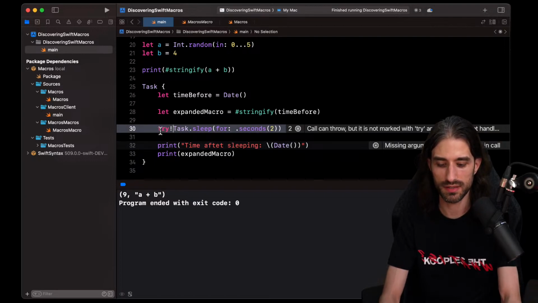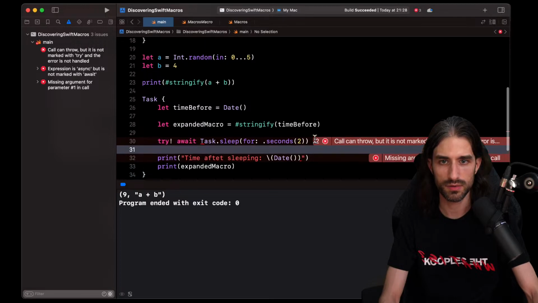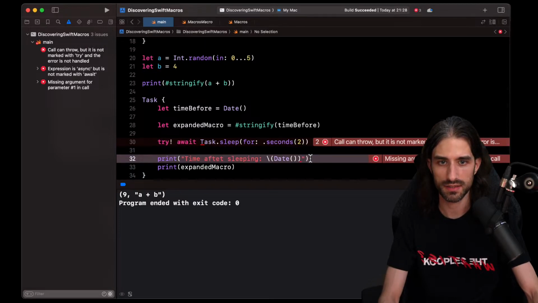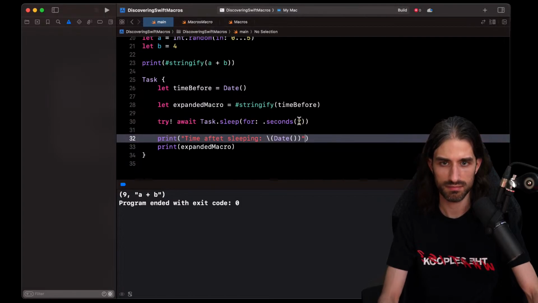Yes, here I need to do a try await. Okay, and then I print the expanded macro. Here it's not happy because... okay, it seems that there are things. Okay, the errors went away.